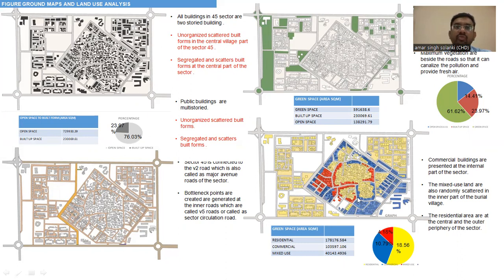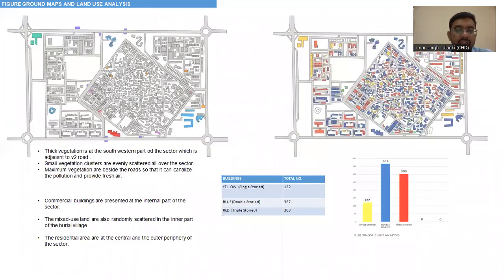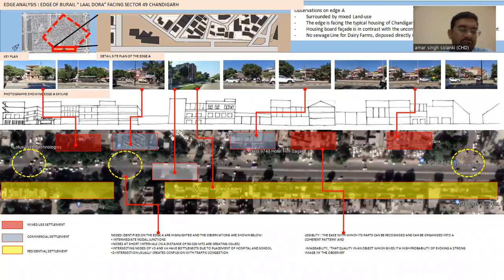And as we can see, the movement of traffic, vehicular movement and pedestrian movement near these commercial bases is comparatively high. We have done height analysis to understand the variation in the edges of the city, edges of the sector. We have done a detailed analysis of each edge with respect to the Burrell village. As you can see in the key plan, this is an analysis of edge A,